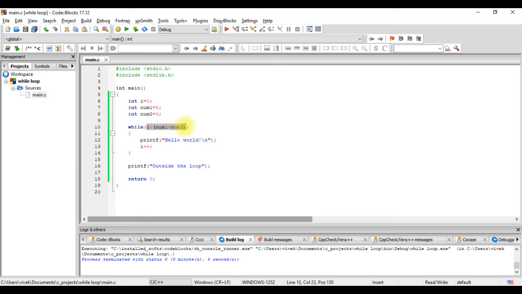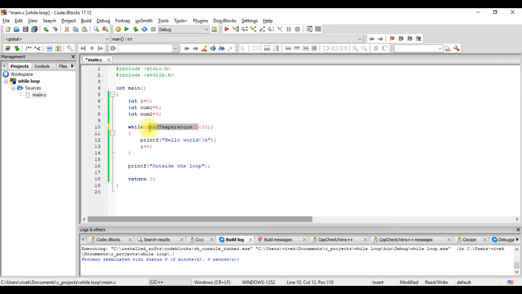It could be something like while read temperature is less than 30. Of course, when I write it here, it won't work because we don't know what read temperature is. We'll get to know about this when we discuss functions, but for now you just understand that in any expression we can call a function. This function returns a value. That value is checked against this.